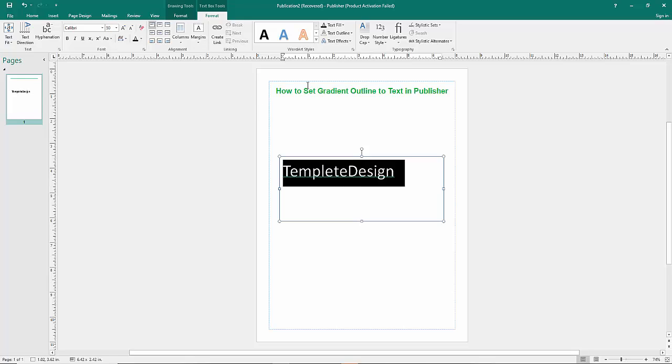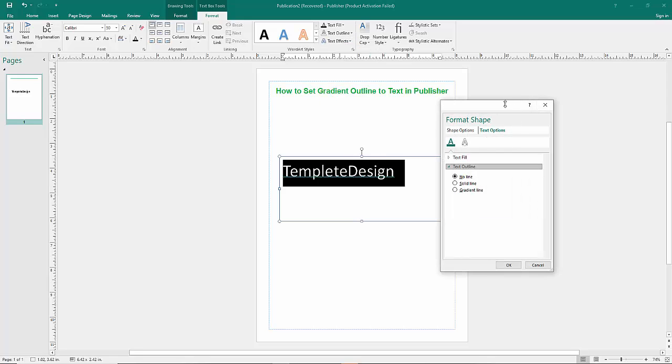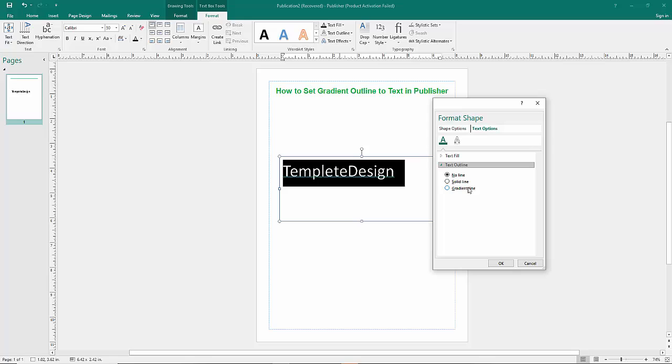Now go to the Text Box Tools option, then click on the Format option. Now click on Text Outline. Now we see the interface, then click on the Shape Outline effect option. Then we see a new interface, then select the Gradient Line option, then select from the other interface,